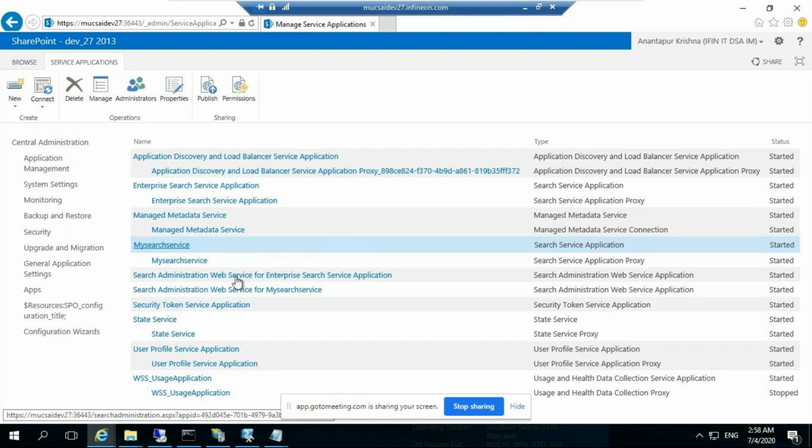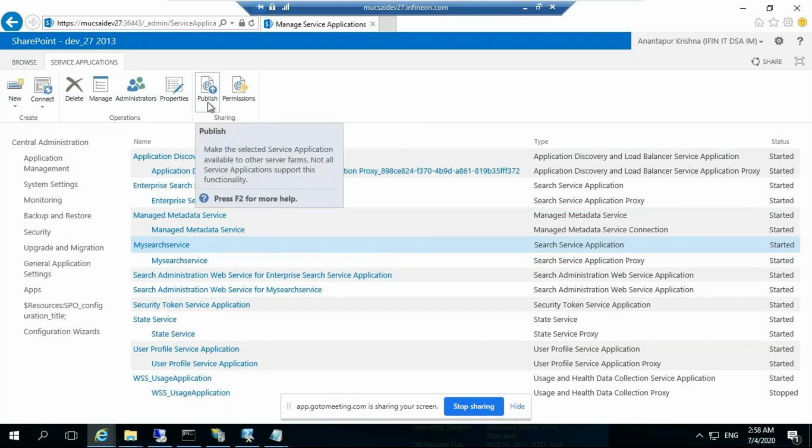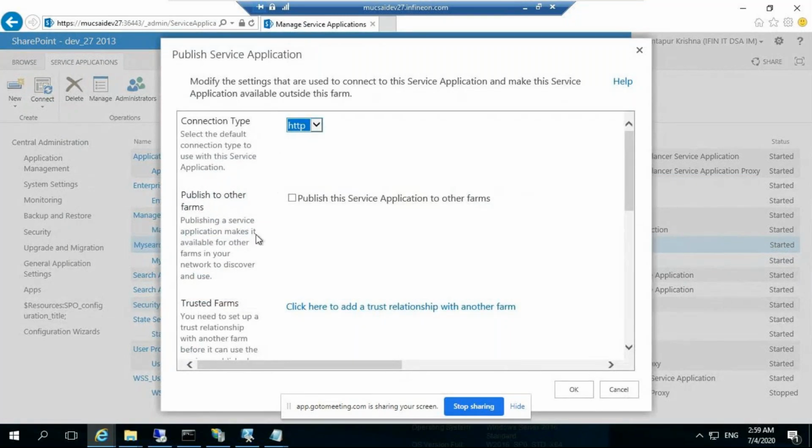Means how we can pull? We have to connect to that web application or search service application, and we have to pull the results, right? So how we can maintain is, we just have to publish. Means what kind of difference will be there between the two farms?